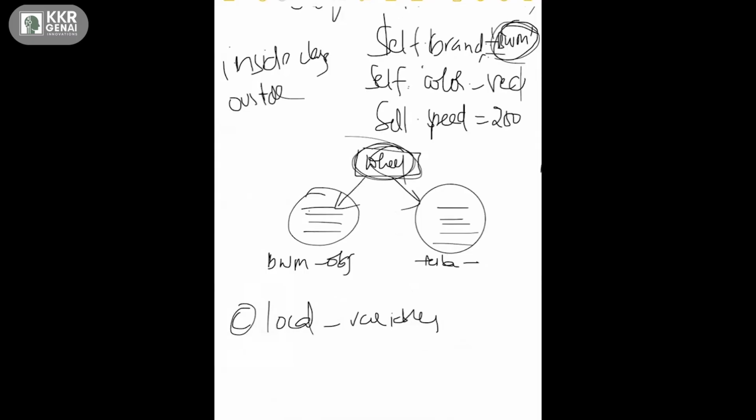And outside of the class, with an object reference. Let's say I create a car object, a BMW object, and I can access that with either the BMW object or the class name. So this is how we can access the static variables.